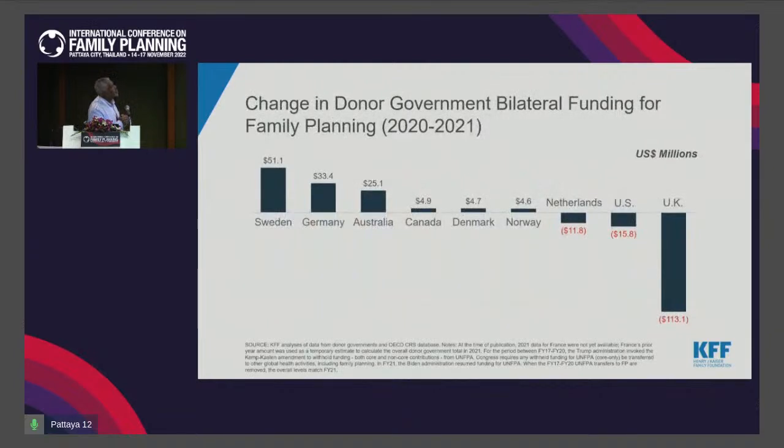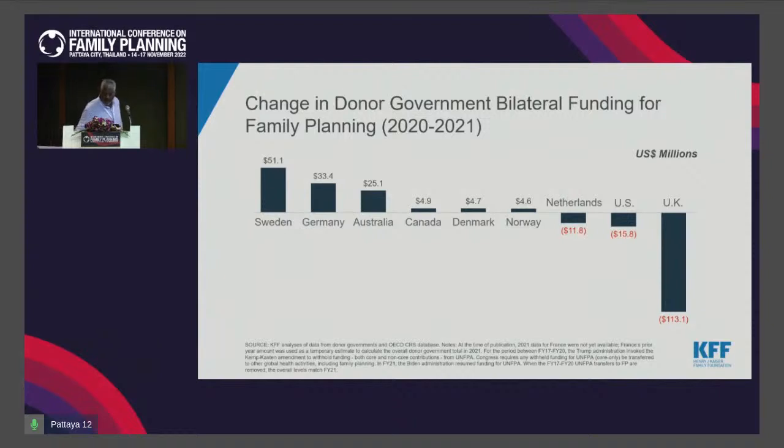And again, some changes here in terms of the donor government bilateral funding in family planning, showing between 2020 and 2021. You look at Sweden, Germany, and Australia, which have increased significantly. Then you have Canada, Denmark, and Norway, which have increased around 5 million each. And then the Netherlands, US, and UK, which have some big decreases. And the UK, again, has to do with the whole Brexit and